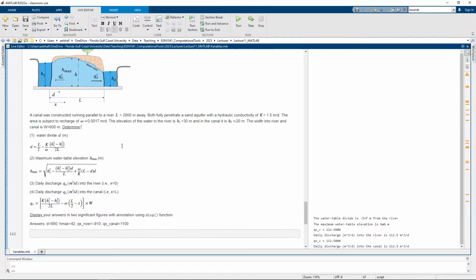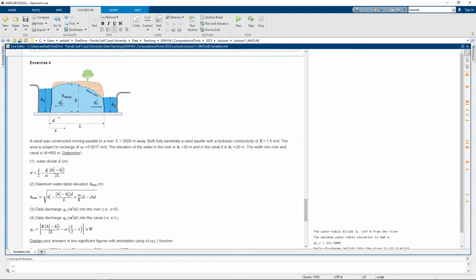number 1, determine the water divide. The water divide would be somewhere here. It's an imaginary boundary, which is a no-flow boundary. At the water divide, the water will infiltrate from here and recharge the aquifer. Water to the left of this divide will flow to the river, and water to the right will flow to the canal. That's a groundwater divide. So basically there's no flow component across this divide, just like this and like this. Okay,